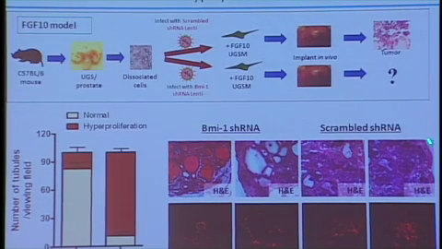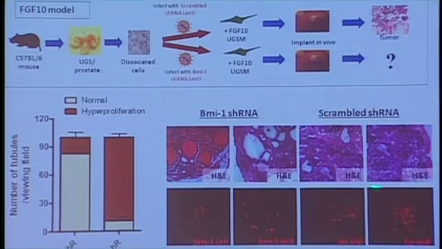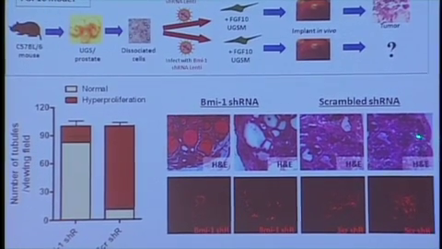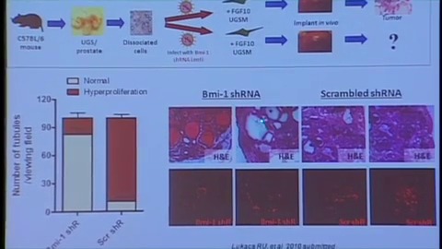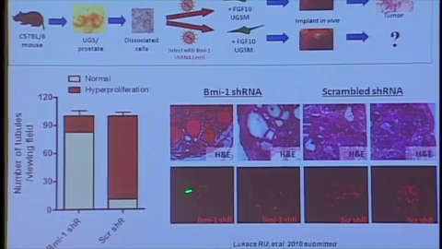And the important point I think you can see here is if you don't block BMI1, then the cells respond with this hyperplastic phenotype. If you do block BMI1, the cells go back to a much more normal phenotype, and using the color marker, those tubules which look normal are the ones that are red because we've knocked down BMI1. So again, I think a reasonable place to look to develop new therapeutics for prostate cancer.